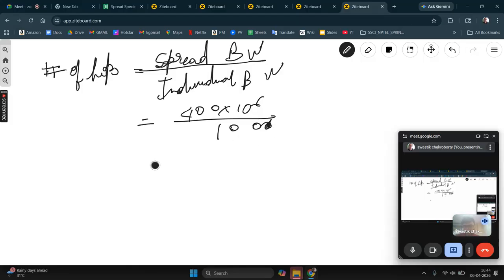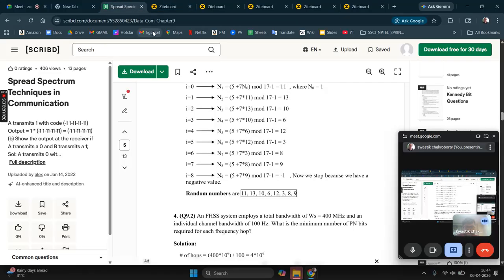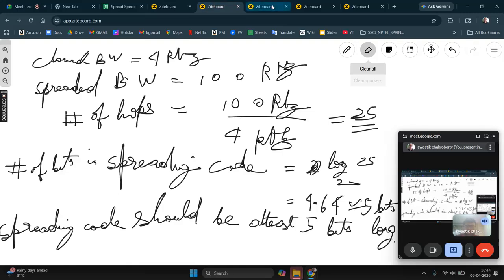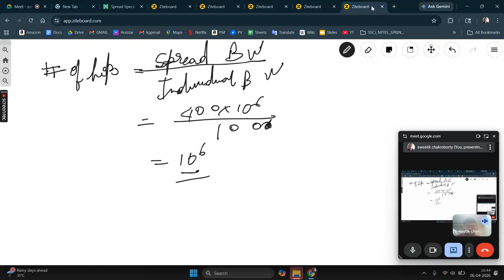So it will be 10 to the power 6. The number of hops will be 10 to the power 6, or 1 million. So there will be 1 million hops. Okay, and what is the minimum number of PN bits? If there are 1 million hops, the number of bits required will be the log base 2 of 1 million. So the number of bits in the spreading code